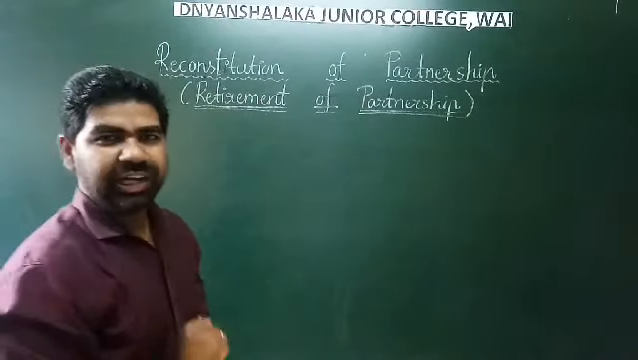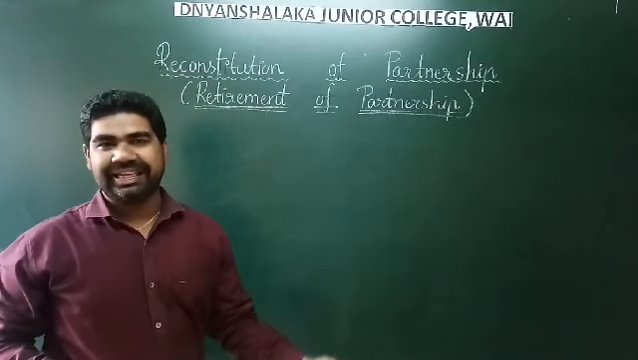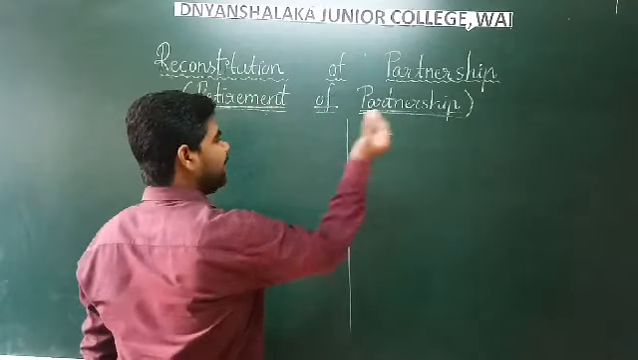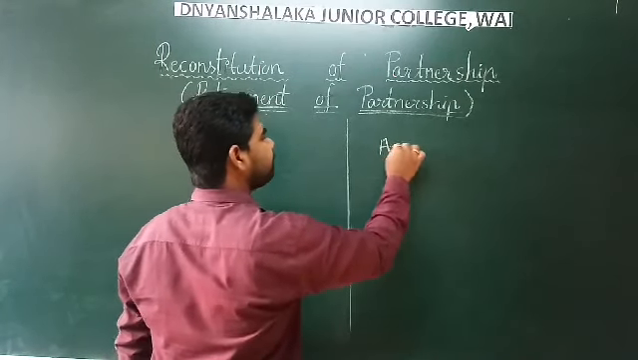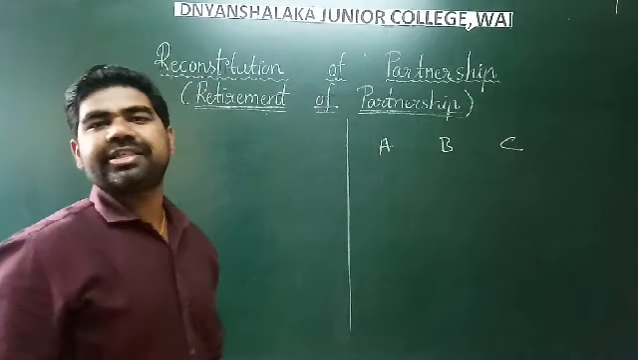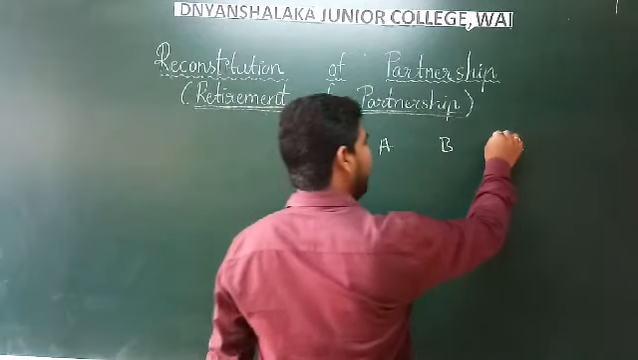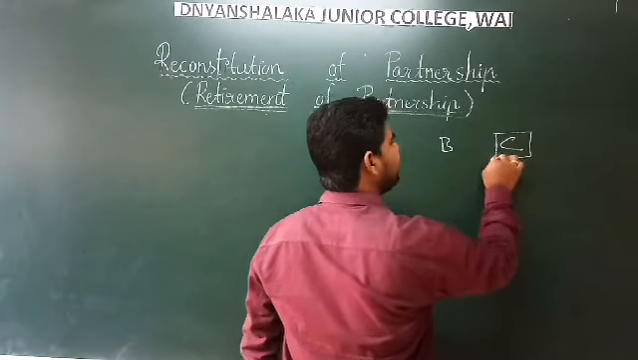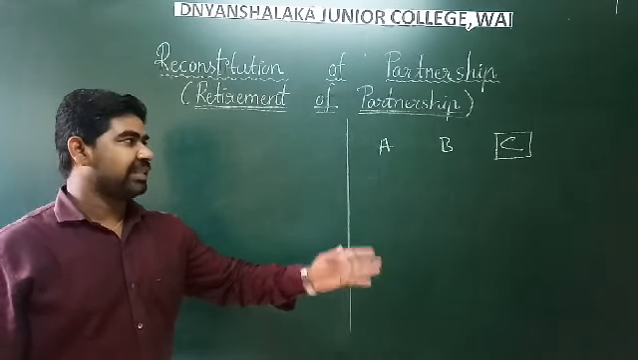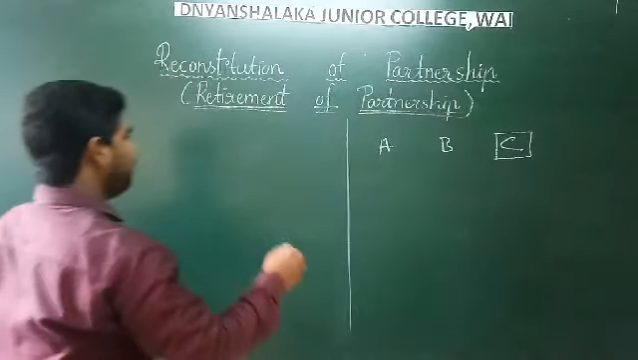retirement? Now what happens in the case of retirement? Already 3 partners are the existing partners. Suppose A, B and C, 3 partners are there who run all the business activities, and now C decides to retire from the business. C is now retiring from the business, but the general reserve